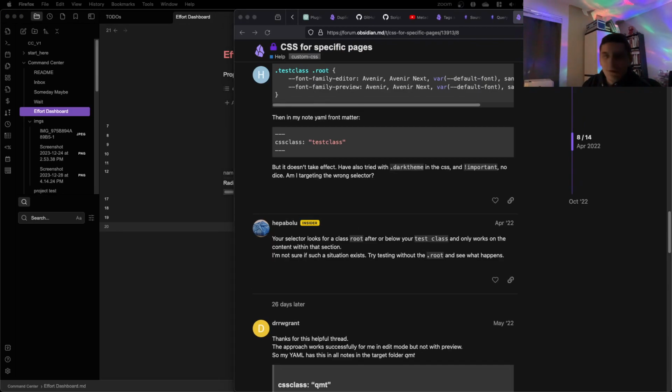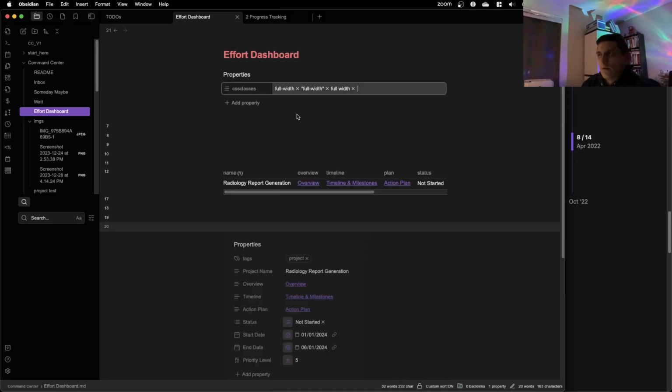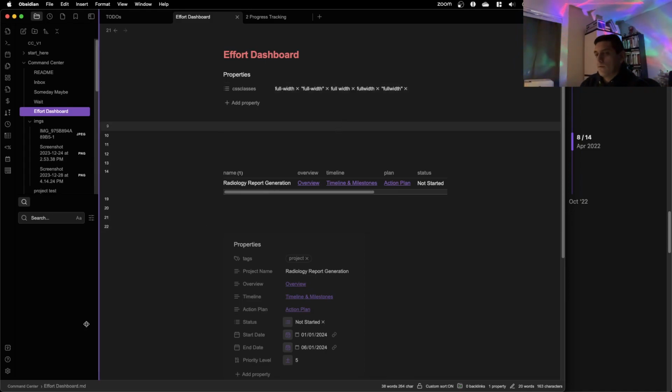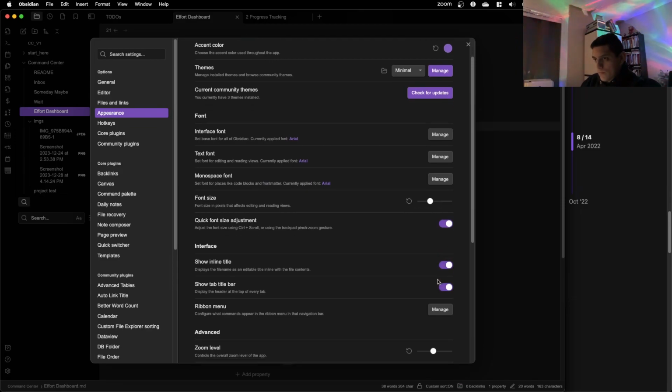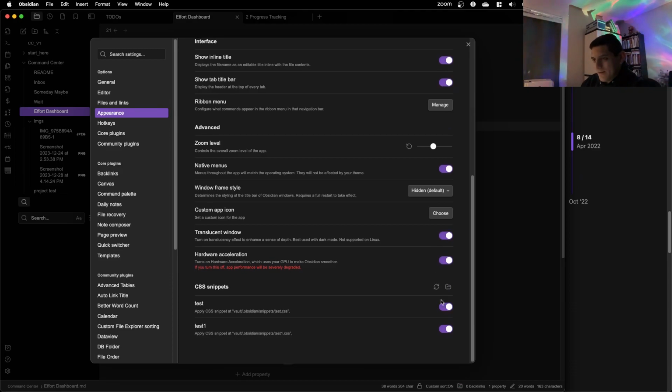Let's try full width, and then let's add full width. Oh, no. That's funny.